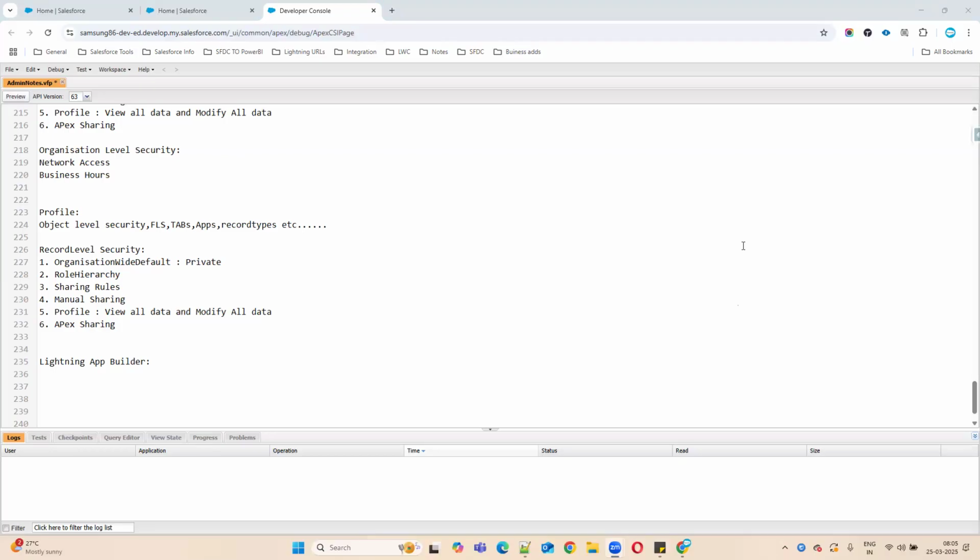Standard page layout is the default page layout provided by Salesforce. And custom page layout is created by administrators to meet specific business needs. Okay. And compact layout is like a condensed version of page layout, displaying only the most essential fields. Good, Subbareddy. You are explaining compact layouts. We have not discussed that topic. Very good.